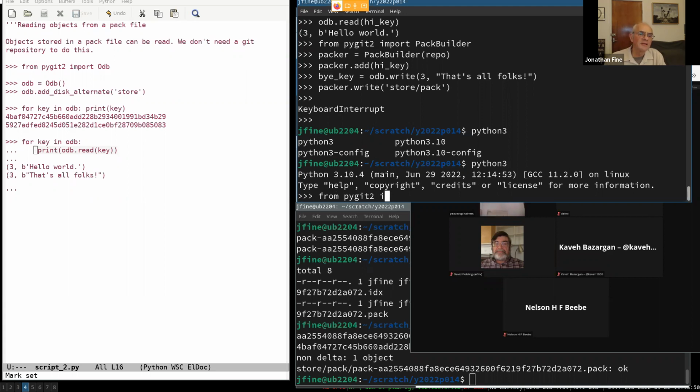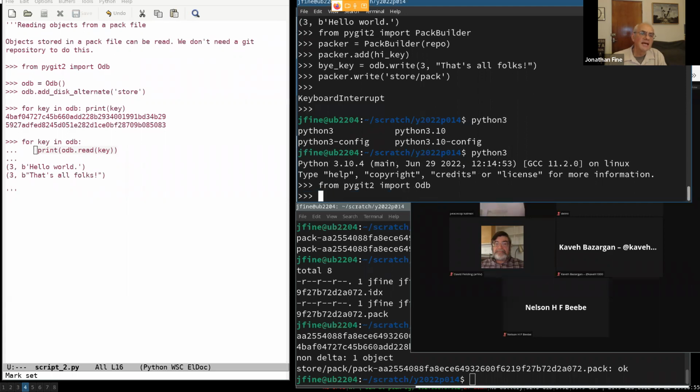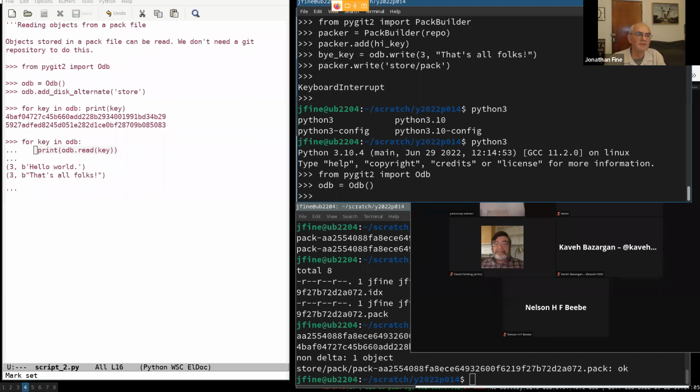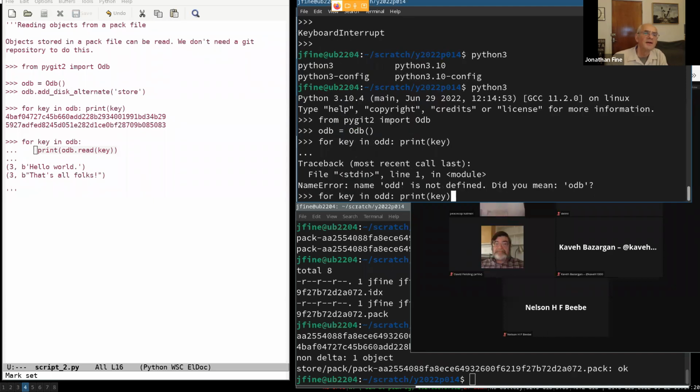So this allows us to create an object database, which we will now do simply by calling the class. And sometimes we can pass parameters to the call, as we did when we set up the repository. And then for key in ODB, print key. And because we didn't put both of the objects in, and because we can't spell,